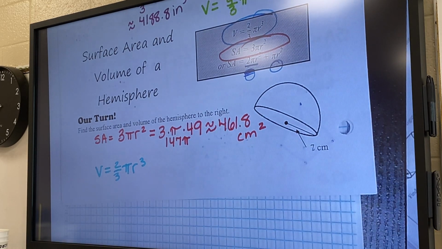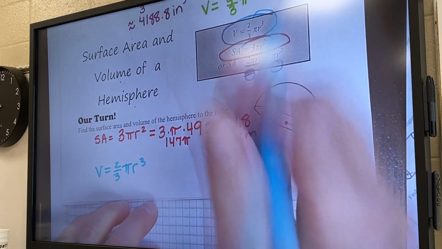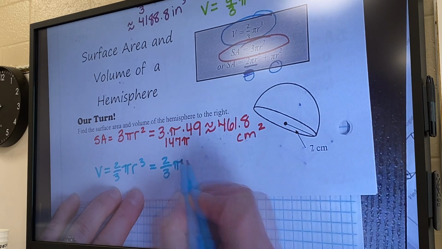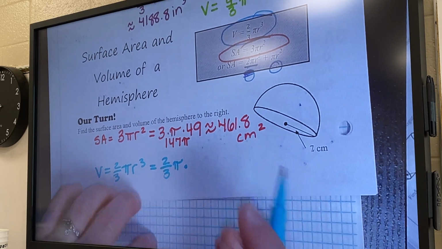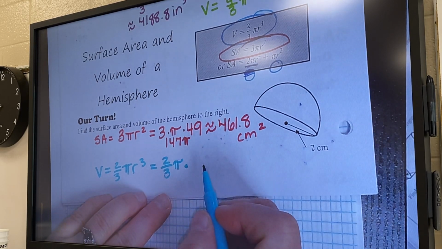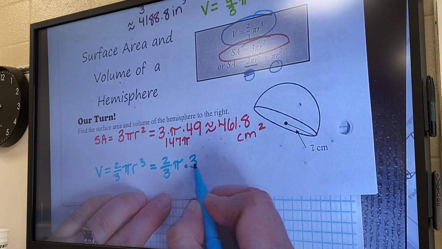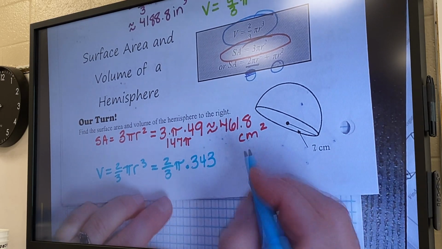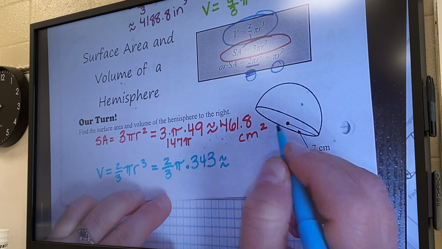Alright, that's good. And then for volume, we took half of the other formula for volume. So that'll be 2/3 pi times 7 cubed. So what is 7 times 7 times 7? 343. And when you put that in your calculator, it is about